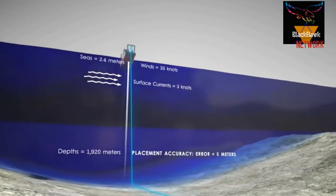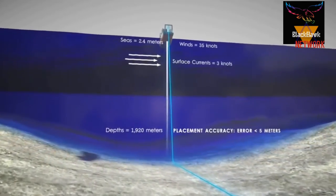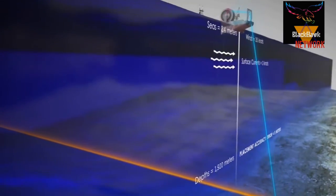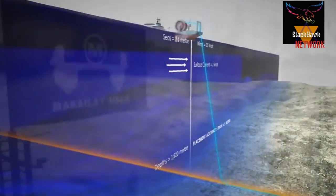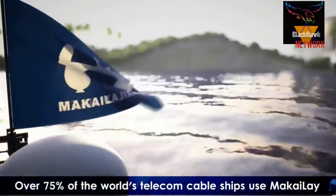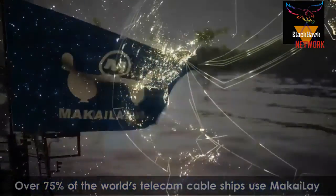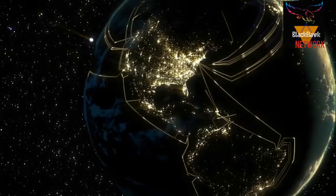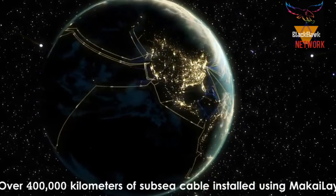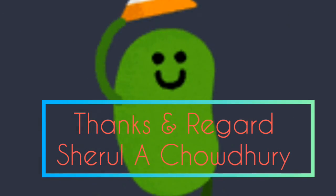In 1989, Mackay Lay was first used to install a power cable through a treacherous and narrow corridor in deep waters. This remains the highest precision deepwater power cable lay in the world to this day. Since then, Mackay Lay has become the number one subsea cable installation package in the world, used by over 75% of the world's subsea cable ships. And although Mackay Lay is for use on a vessel at sea for real-time installation and repair, Mackay has developed other very popular tools for route engineering, simulation, and training for